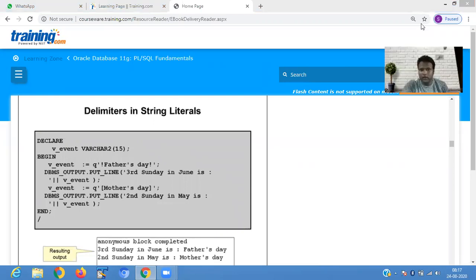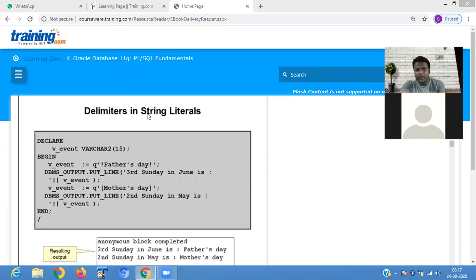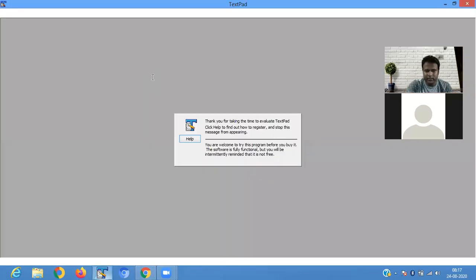So here we start with the delimiter in string literal. It's saying that when you define a variable and you are initializing a value in PL/SQL, we are representing the value in the form of single quotation marks. Okay, so when you initialize a value in a variable in PL/SQL, you are using single quotation. Like if you see this example,